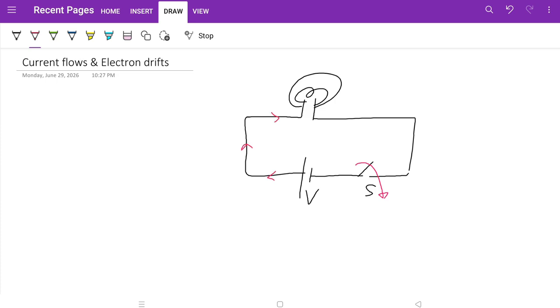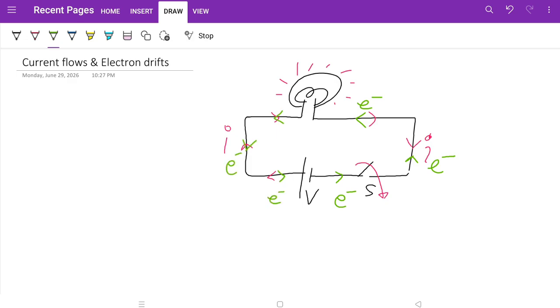Now we are told that electric current generates inside the circuit and the bulb glows very instantly, right? Very fast. The moment the switch S is closed, at the very instant the bulb glows. And from the electron point of view, electrons come out of the negative terminal, reach the bulb and come back